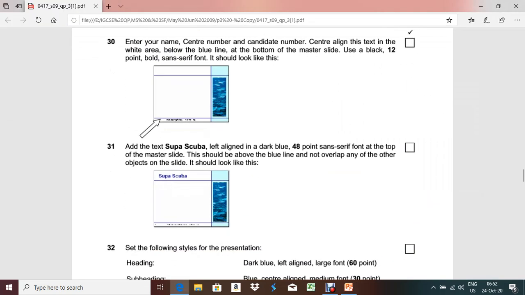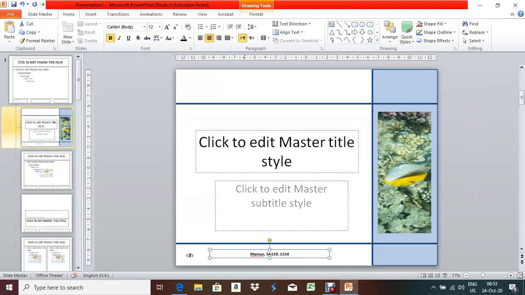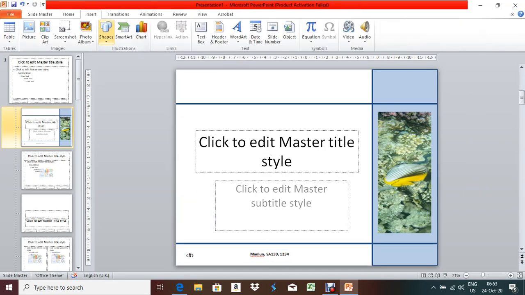Next part, add the text Super Scuba, left aligned in a dark blue 48-point sans serif font at the top of the master slide. This should be above the blue line and do not overlap any other object on the slide. It should look like this. So what you will do here, insert text box, draw one text box here.